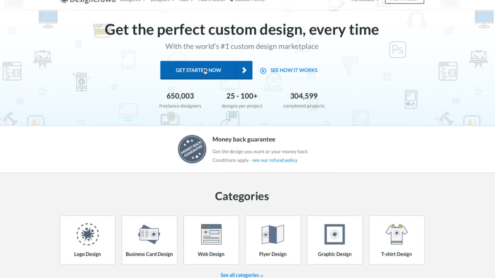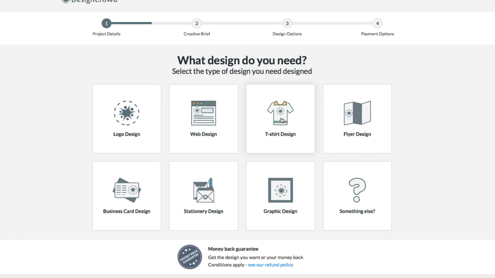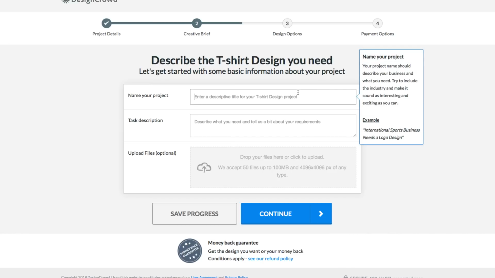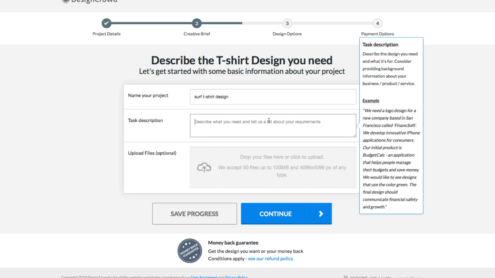Let's do this real quick. Get started now. T-shirt design. So we're gonna go right here to name your project. Surf t-shirt design. And then we have task description. Please see design brief. All right, and we go right here and we click,